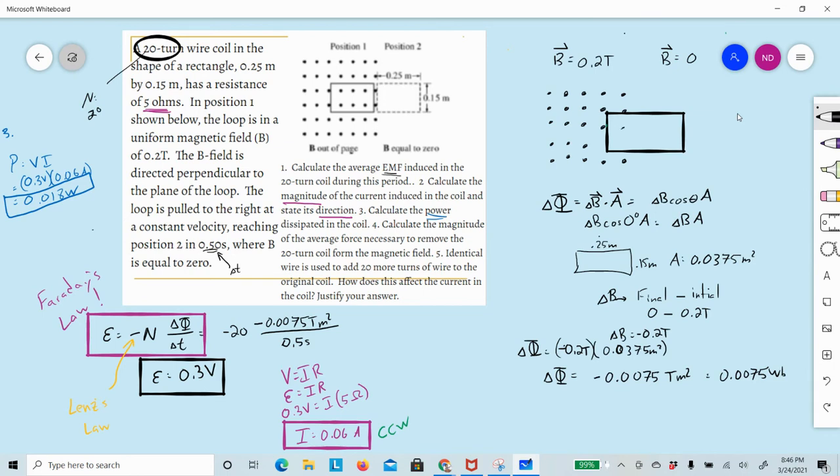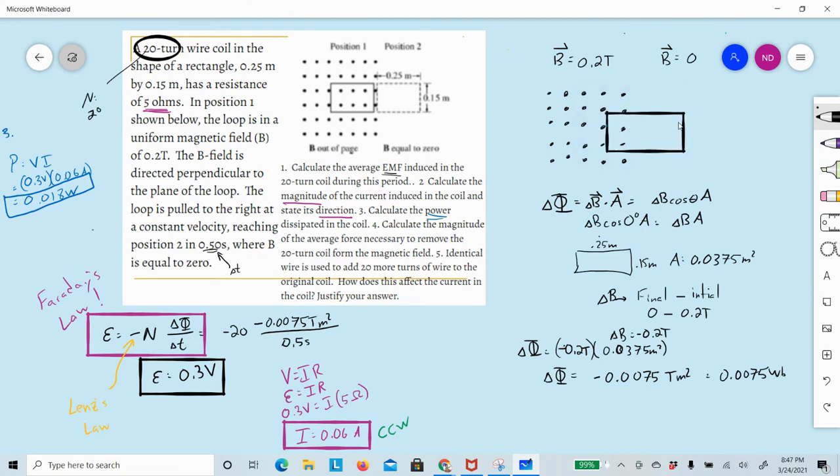We have some magnetic field lines here and here. The magnetic field is out of the page. And we have our coil of wire here. When we pull it to the side,